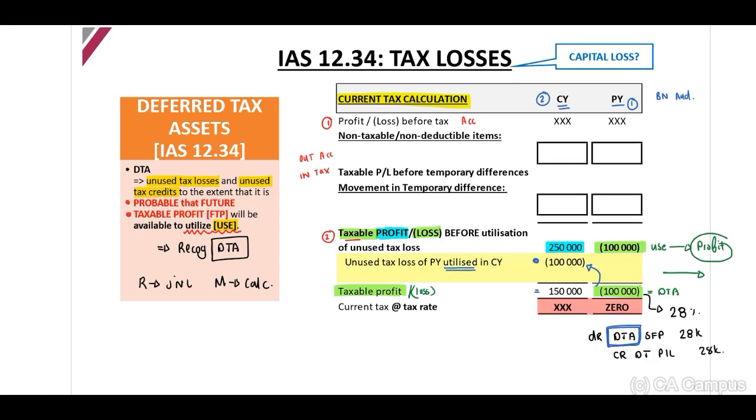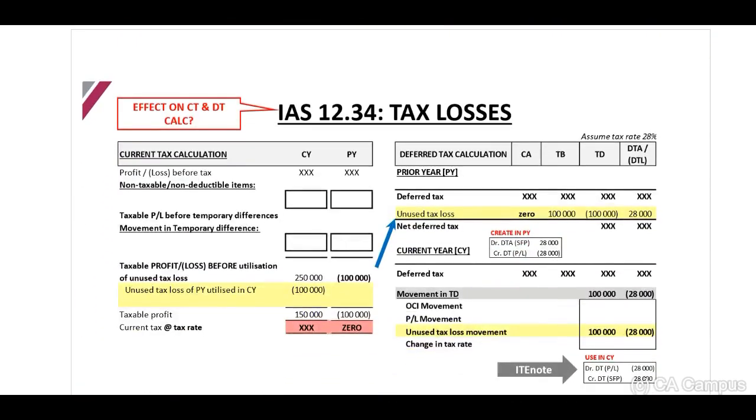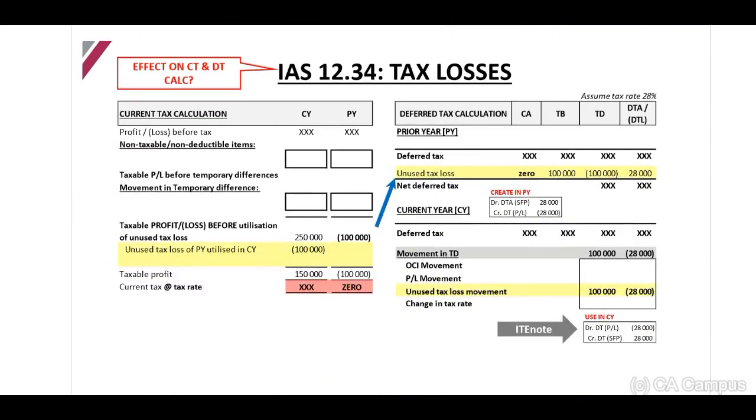Now, what is a capital loss? If you look at the standard, it indicates the tax credits, tax losses. A capital loss will be when you sell an asset and there will be a loss relating to that asset sold. Okay. Now, let's have a look at the effect of a tax loss on our current tax calculation relating